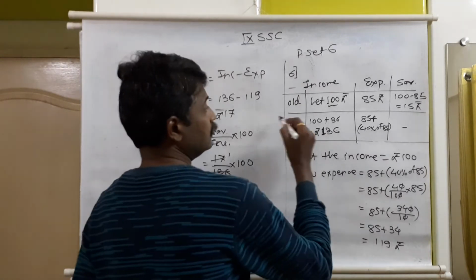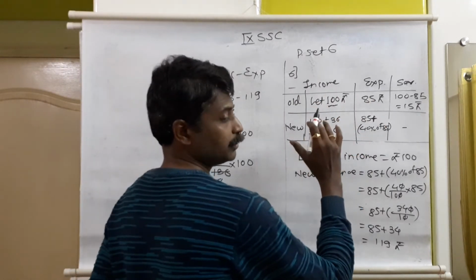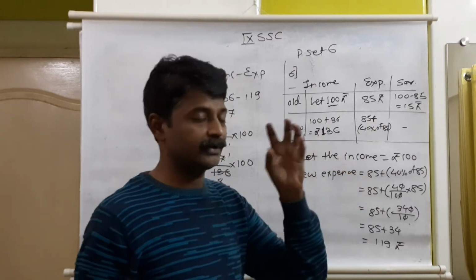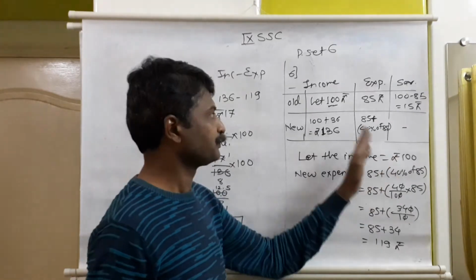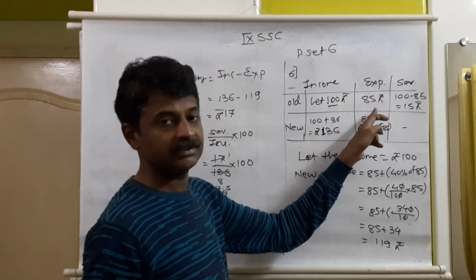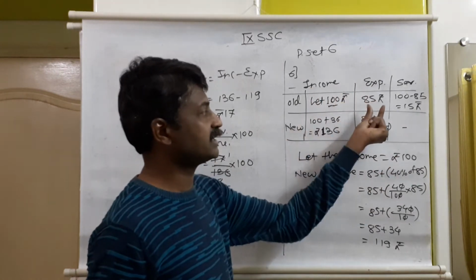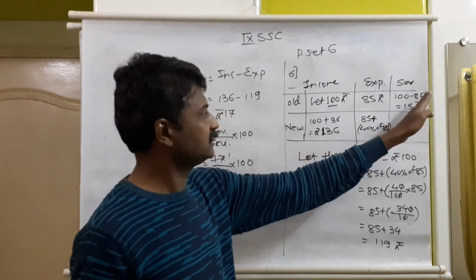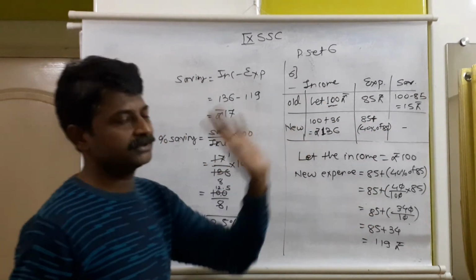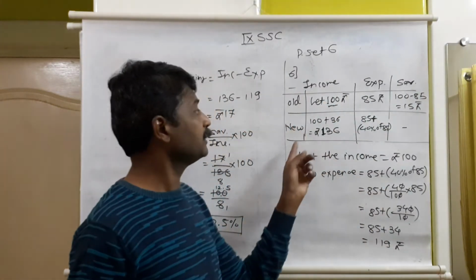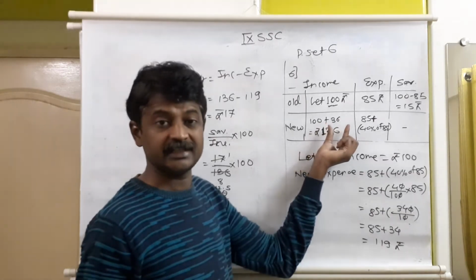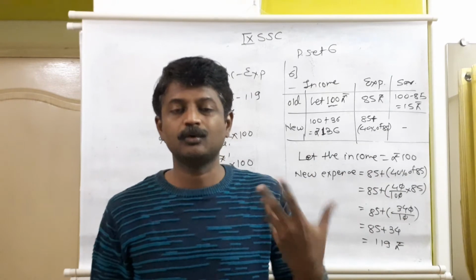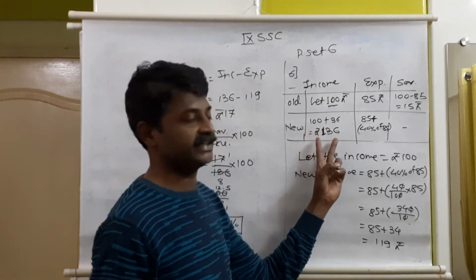It is given to us that of whatever income Mr. Kailash has, 85% he spends. So we consider his original income, old income, is rupees 100. 85% of 100 is 85 rupees. So if income is 100, expense is 85, the difference between these both gives us saving. The saving is 15. But this is not considered anywhere, just for the calculation. Now what happens is income increases by 36%. As we considered old income as 100, 36 is additional out of 100. So new income will be 136.